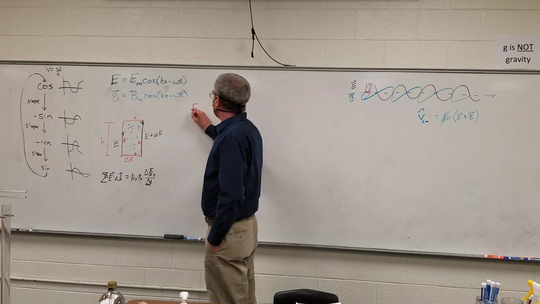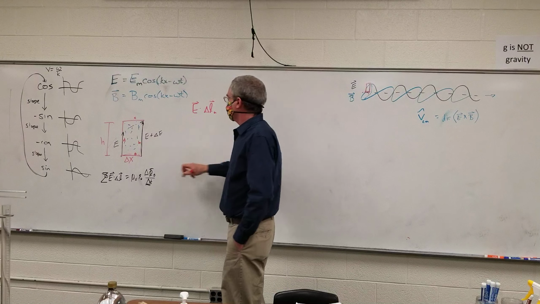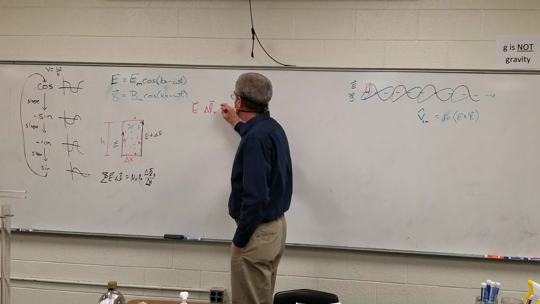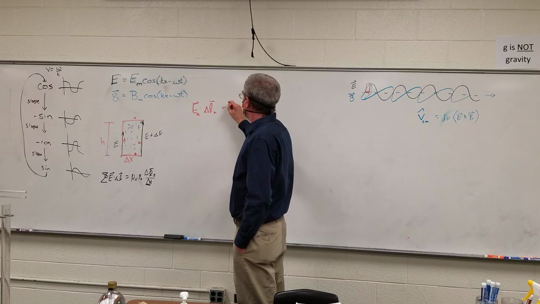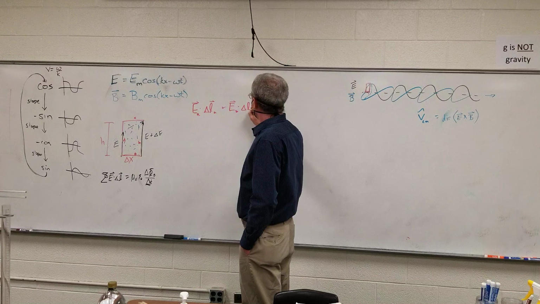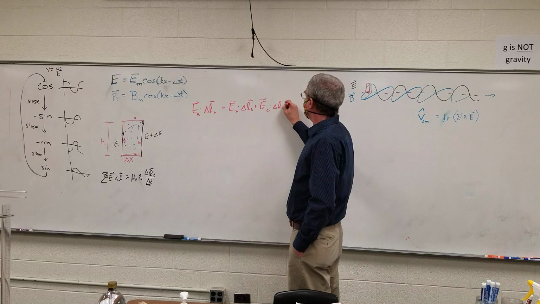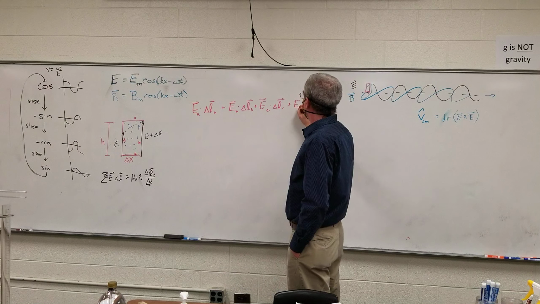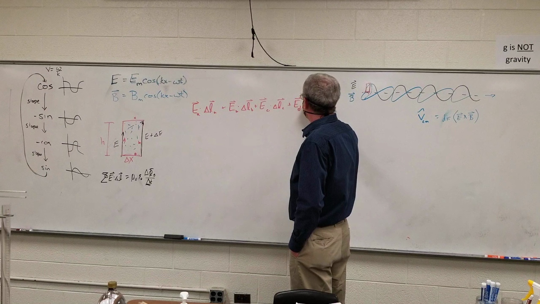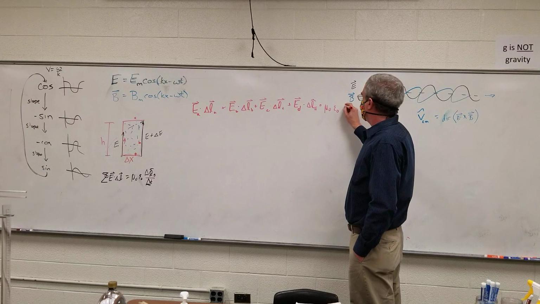So I have my electric field dot, we'll call it delta L sub A, going along there, now I'm going up, plus, call that E sub A. My electric field along B, dot delta LB, plus my electric field along C, dot delta LC, plus my electric field along D, that last path, dot delta LD, is equal to mu sub naught, epsilon sub naught, times change